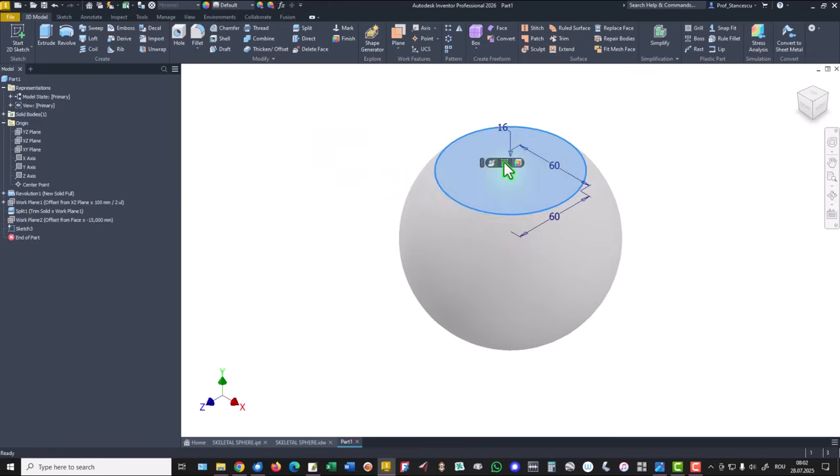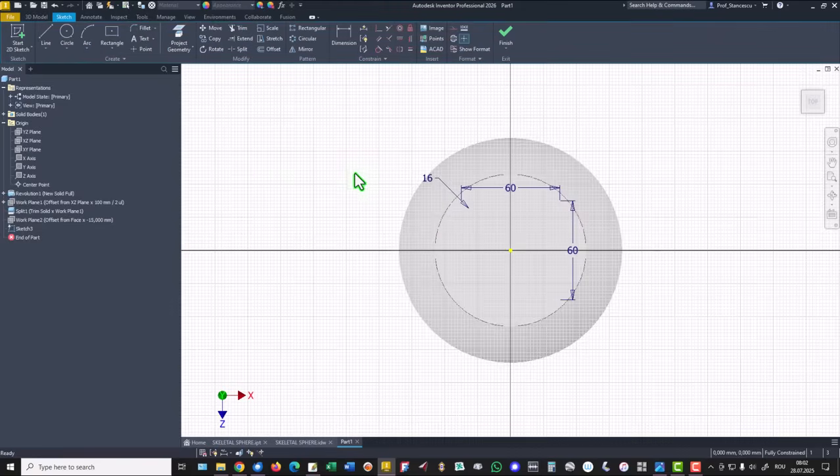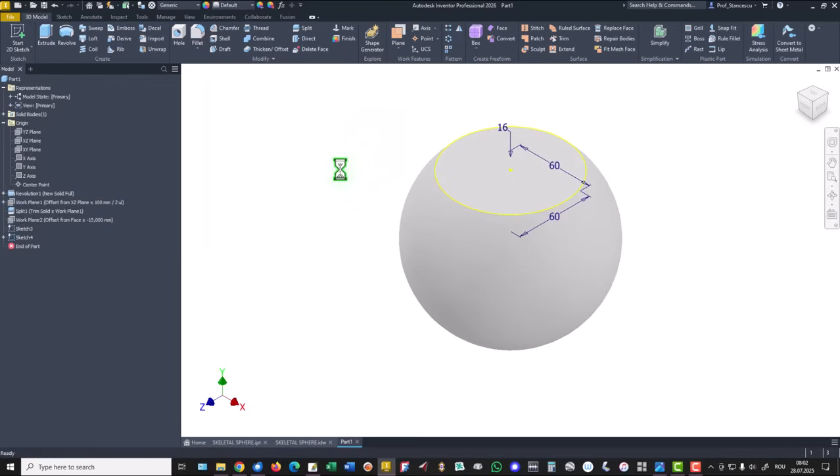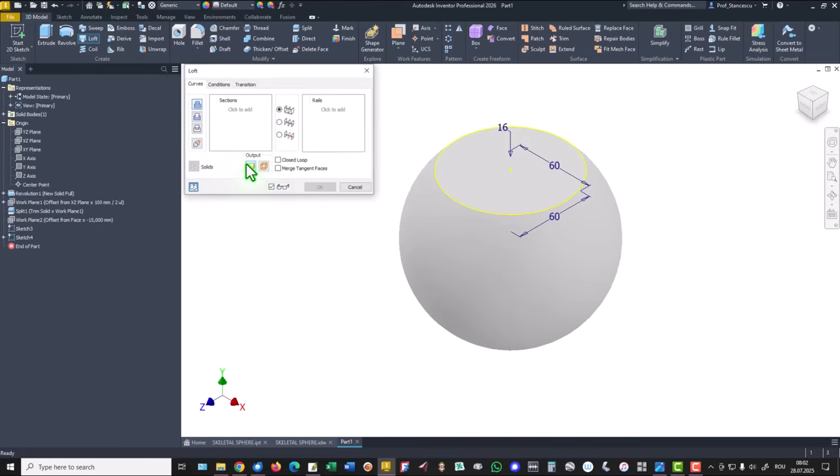We select also this to create a new sketch with this contour. Now we have two sketches. This means that we can apply loft. Loft of this and this with cut. Okay,